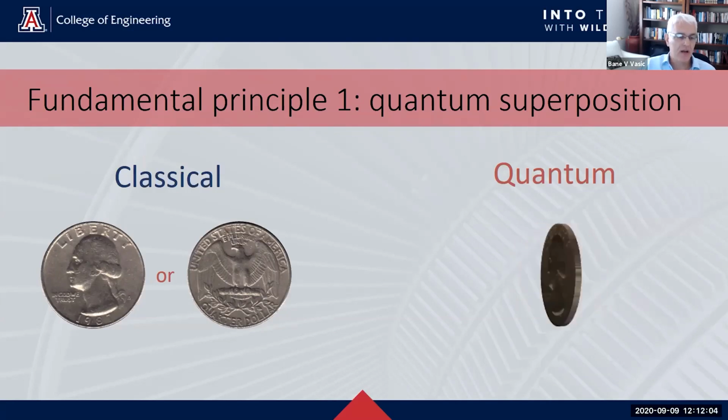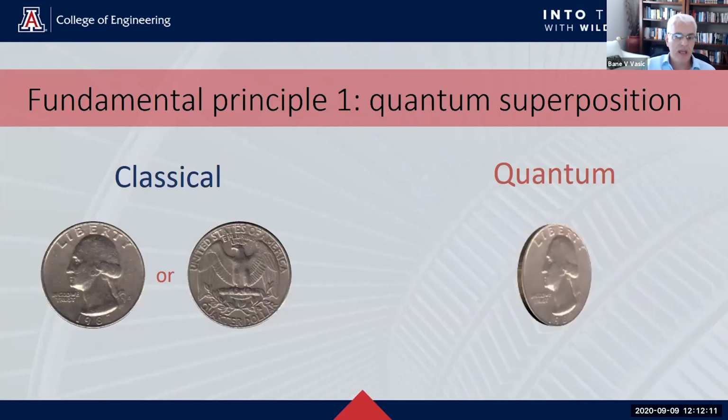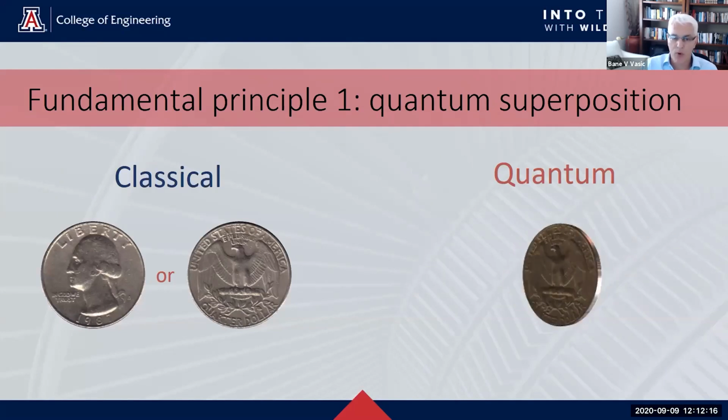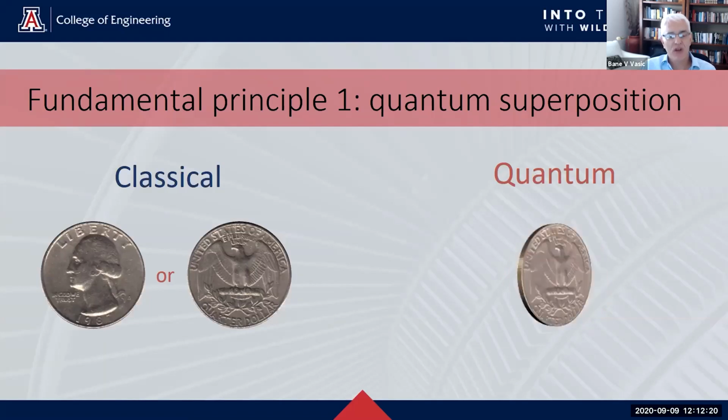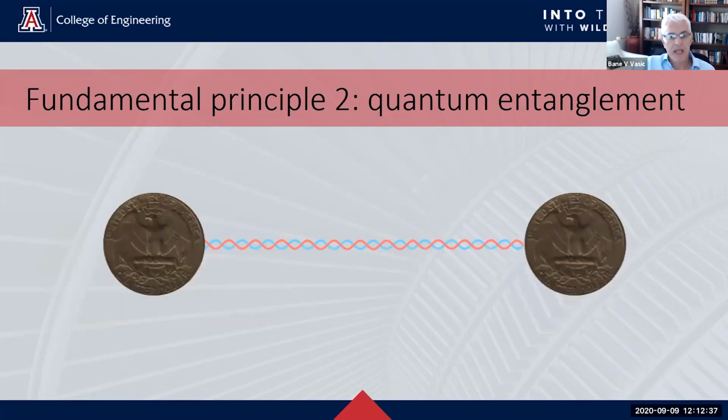In the classical world, a bit can be heads or tails, or 0 and 1. In quantum, it can be both 0 and 1 at the same time, and the proportion of how much is 0 or 1 is continuous. Imagine that you now have multiple qubits. Think of this as a memory: it will store an exponentially larger amount of information than classical. The second